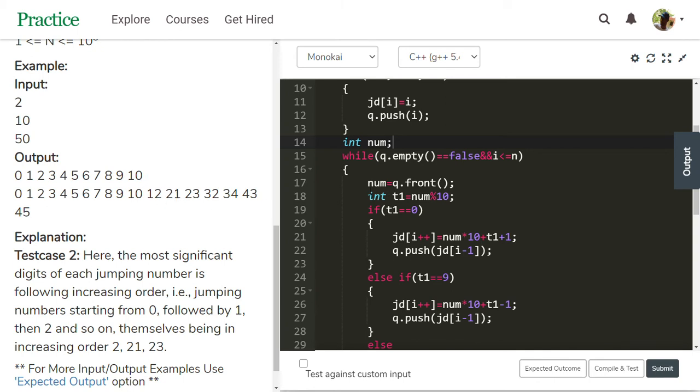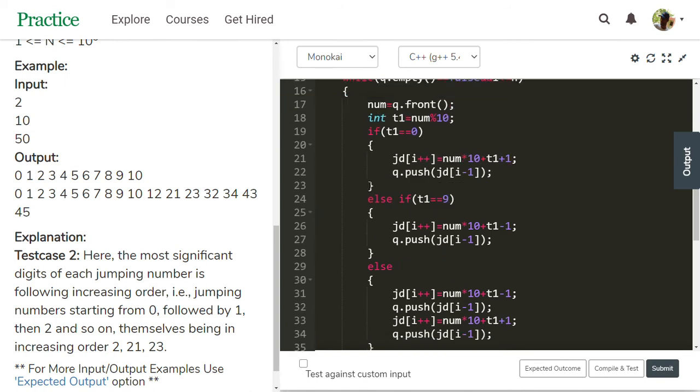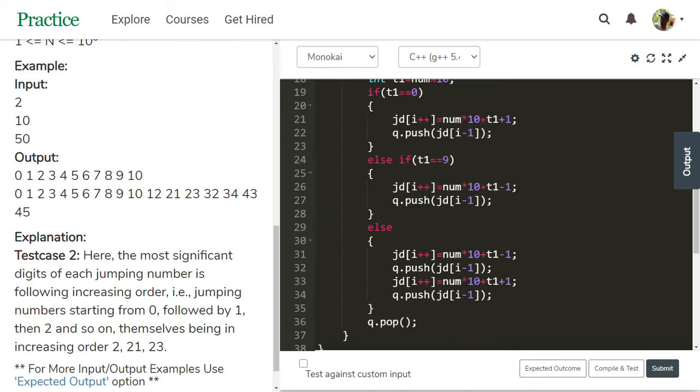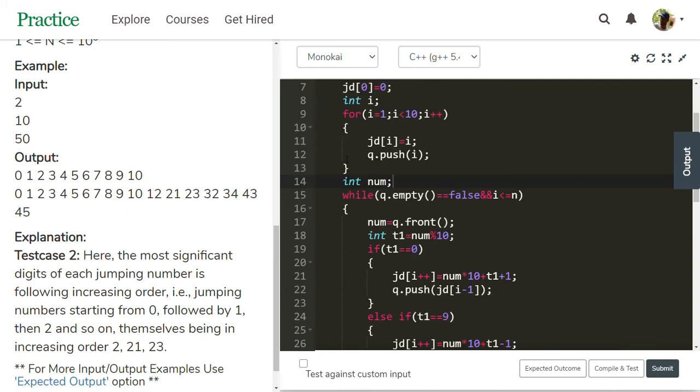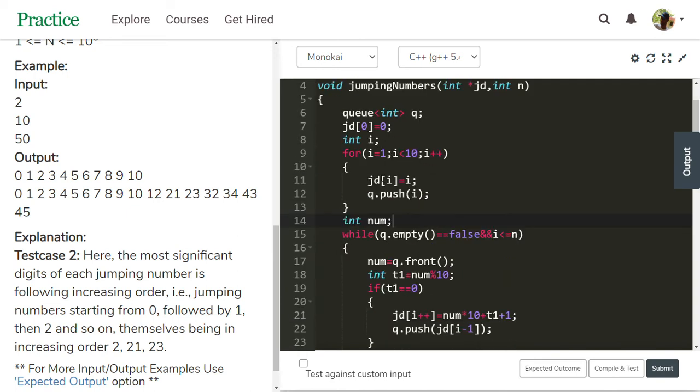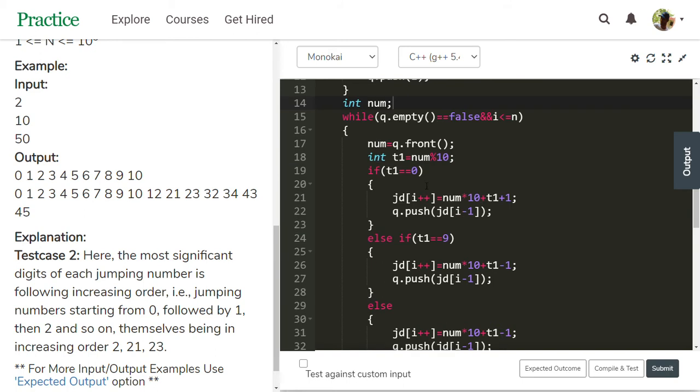There is a logic here, and we need to get the logic. That is the important one. We take num from the q front. The q front is 1 now.